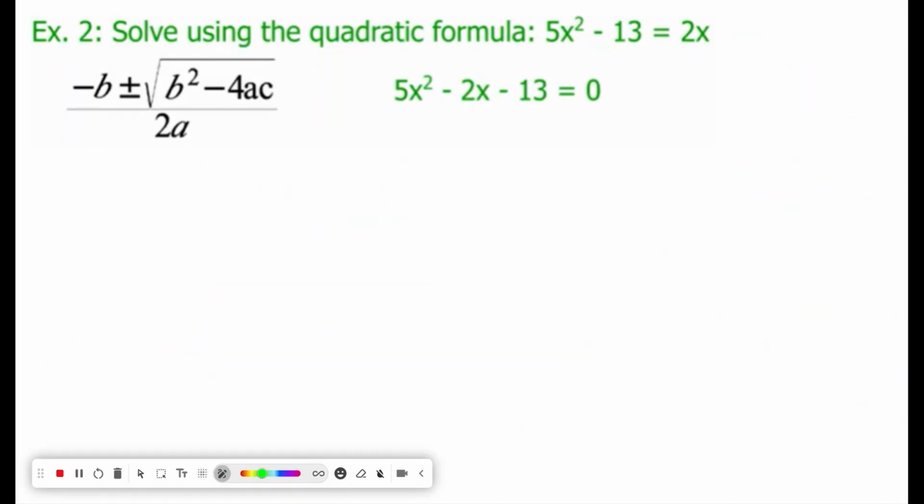Let's see. Do I have another example? I don't remember. Nope, that's it. All right, we'll work on this more in